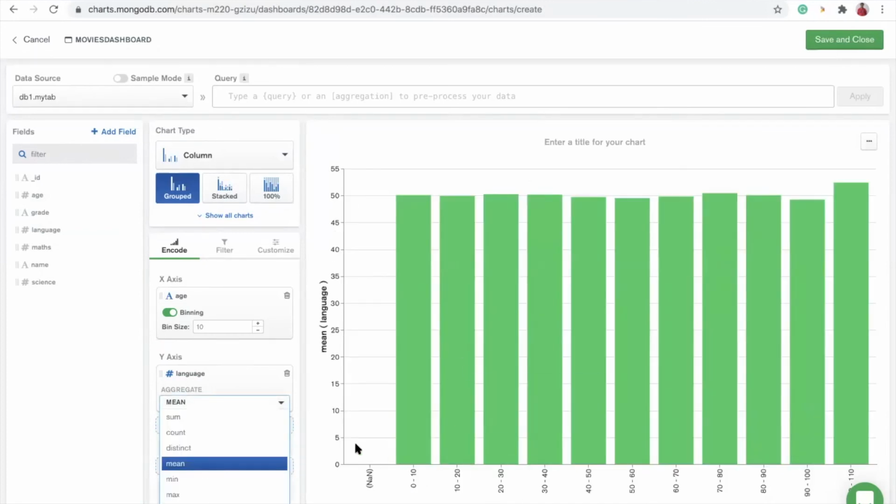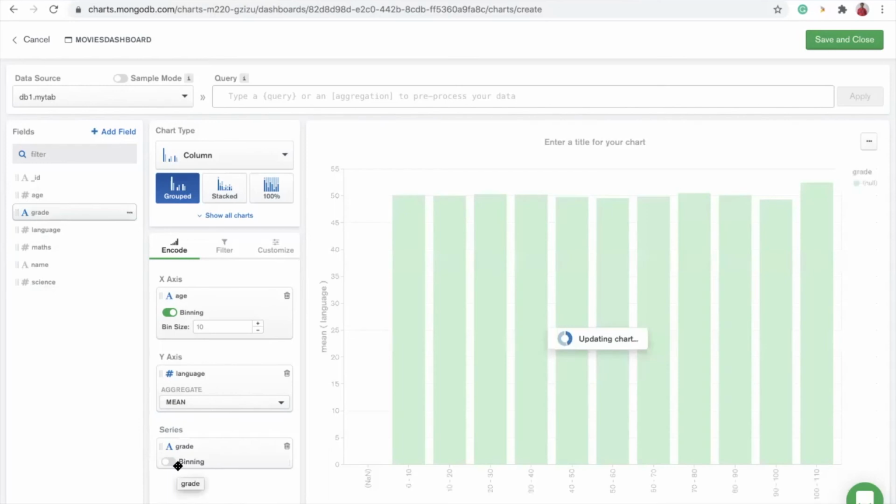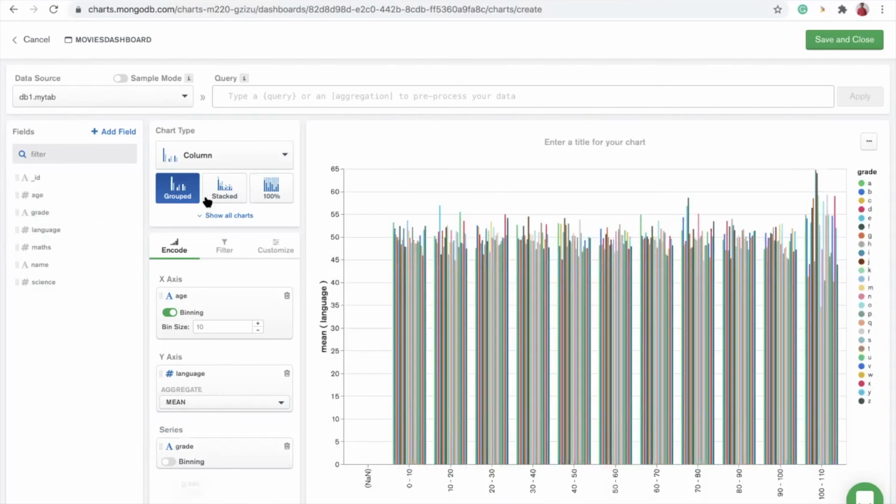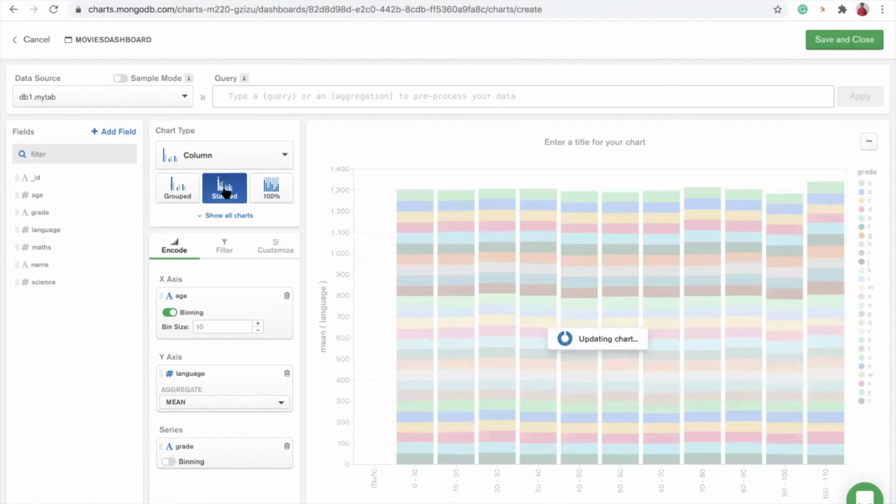Okay, so this is a sample graph that we can see here, showing language score based on age and for a particular grade. This gives us the series-wise result.